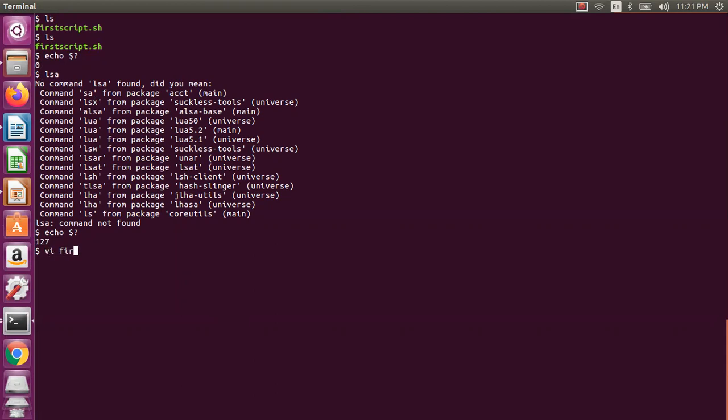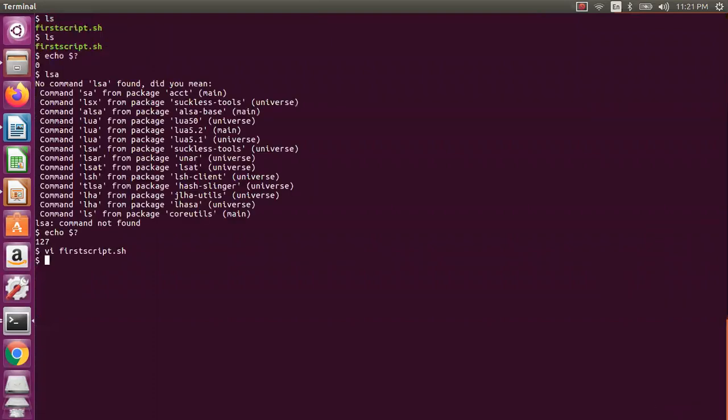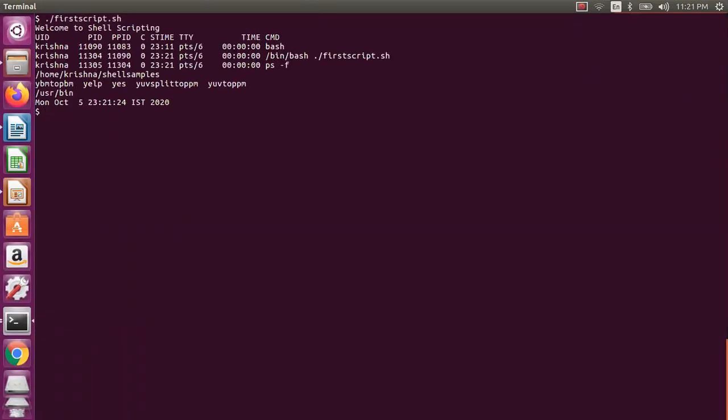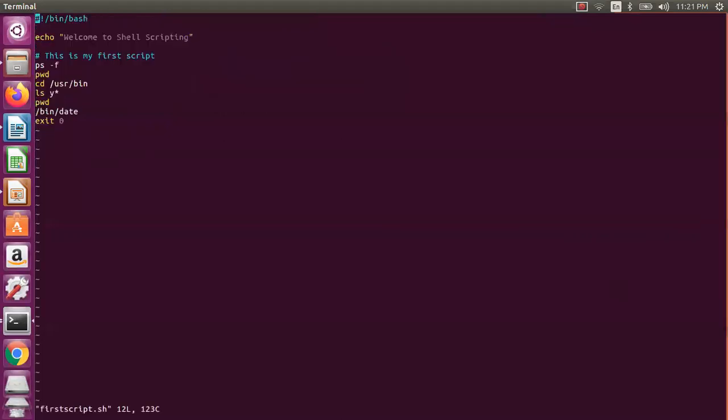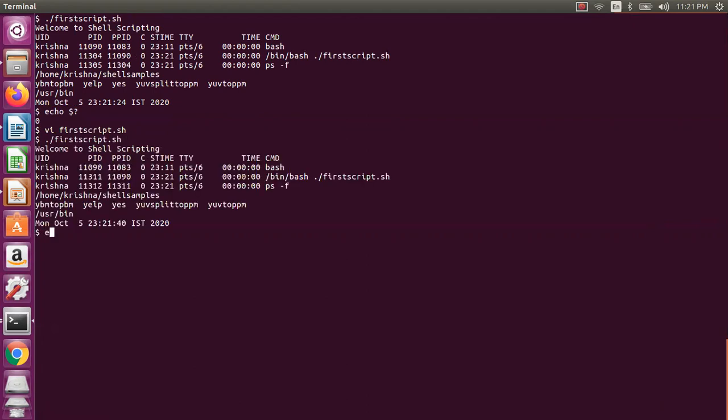So we can also add our own exit status. In this case, ours is successful, so I will just say 0. You can also make it a failure. So I say echo dollar question mark, which is successful. You can also say something like this, exit 123, I have given actually. So this is a failure, which I have given with my own number. Okay, so now I am executing again, and I just say echo dollar question mark, last command status. So this is the exit status.